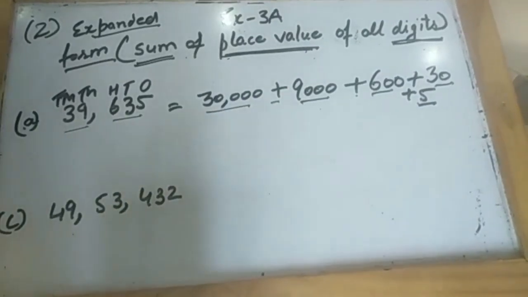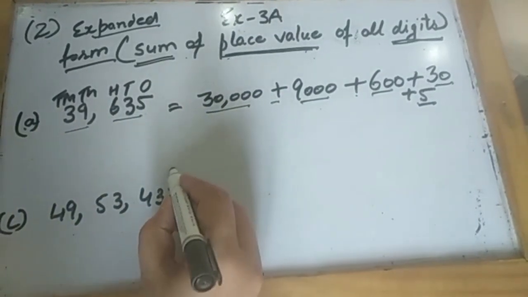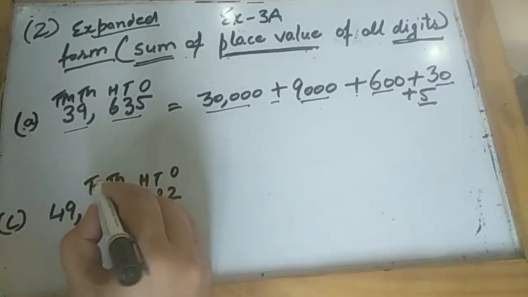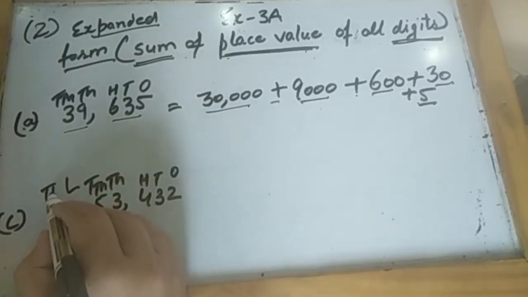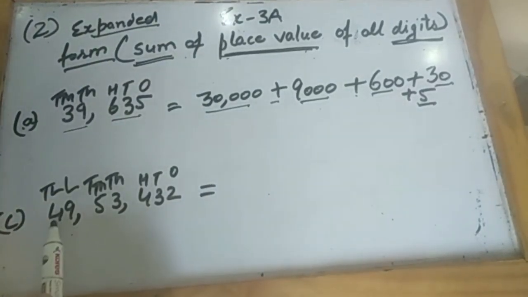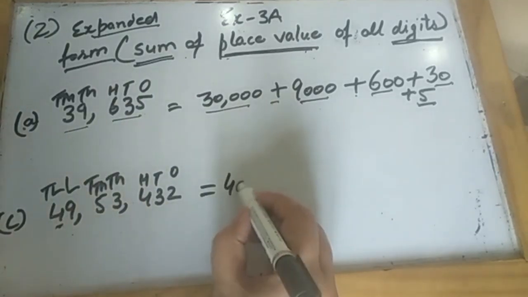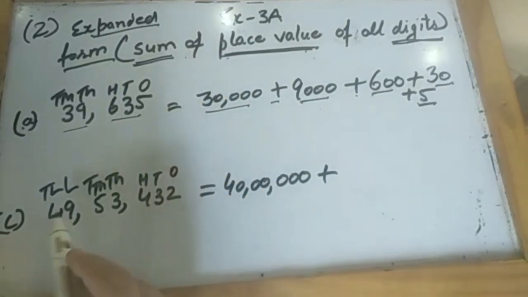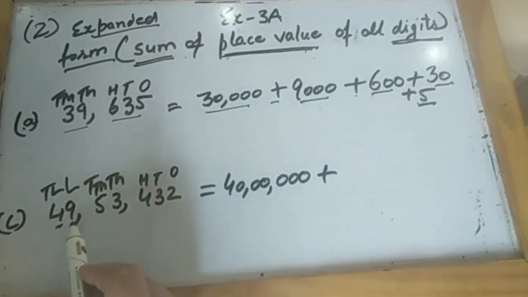Now let me do the C part. First of all, I'll write the place values on the top: 10 lakhs and lakhs. So now I will put them in the expanded form. First of all, I'll start with this 4, whose place value is 10 lakhs, means it is 40 lakhs. So write 40 lakhs and then you add to it the place value of the next digit, which is 9